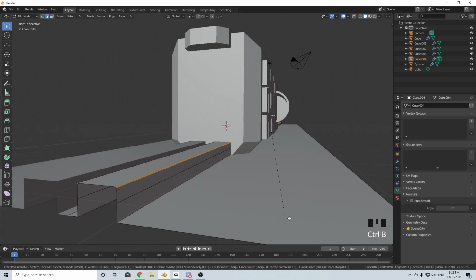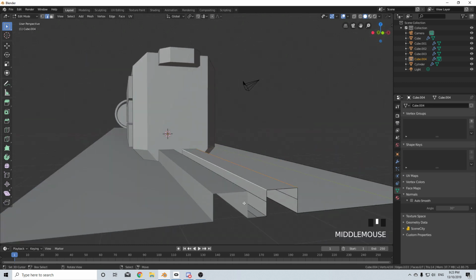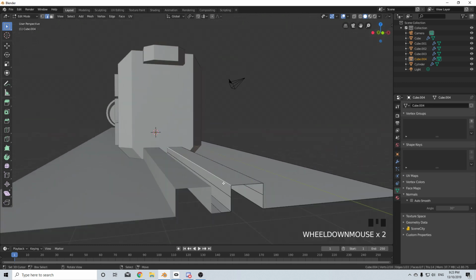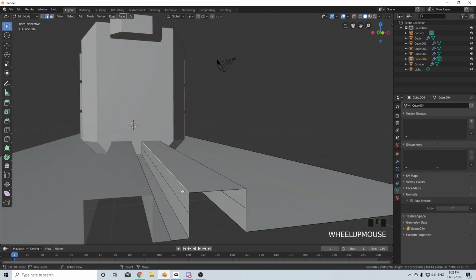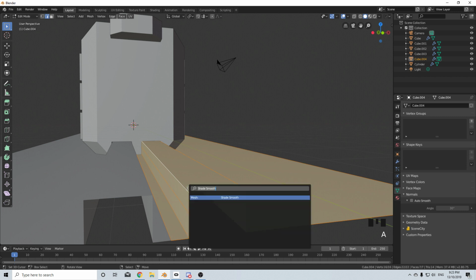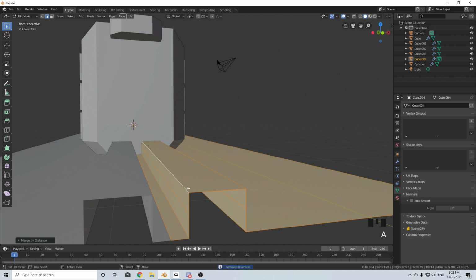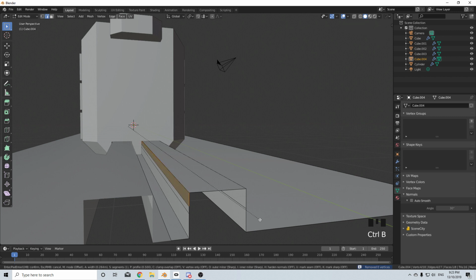If I select these, and then we kind of get, look, we've got an issue here. I think we've got two vertices sitting on top of each other. So I'm going to select everything and space, merge by distance, no vertices. Interesting. The normals. So if I go Shift N, flip the normals,